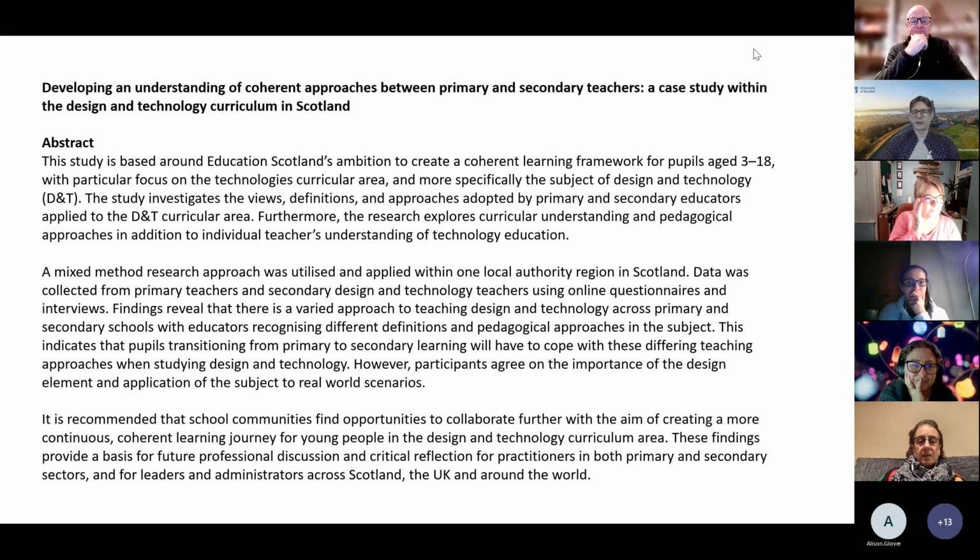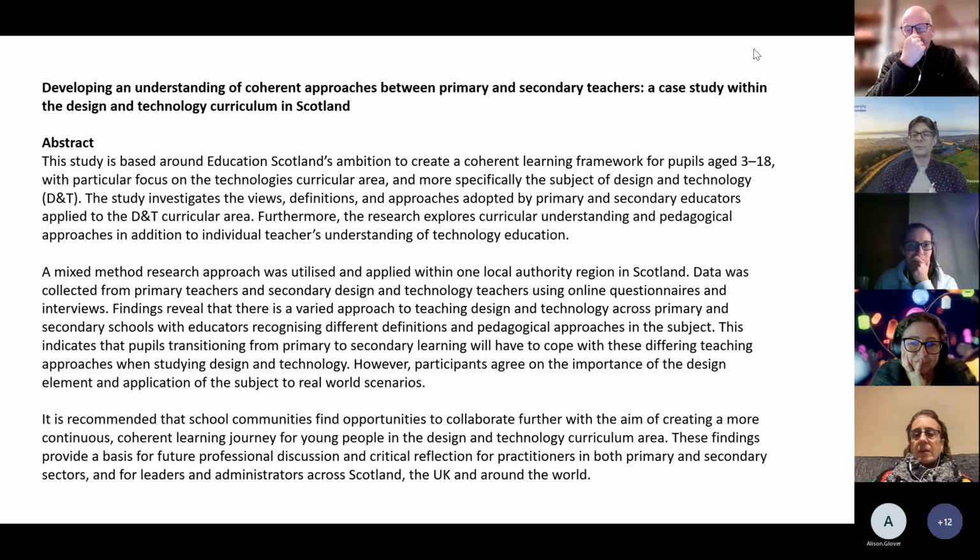As I'm trying to multitask, I'm also putting in the chat for everybody the links to the two papers. So hopefully they will work, the titles and the links. So you can open them up separately and maybe go back to them a little bit later. They're the two full papers that I've just posted. So I'll give people a little bit longer, and then I'll summarize for you roughly what it was that we did.